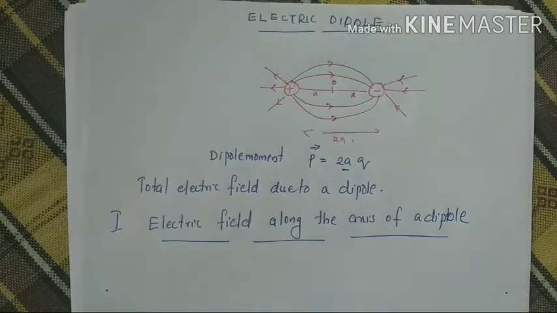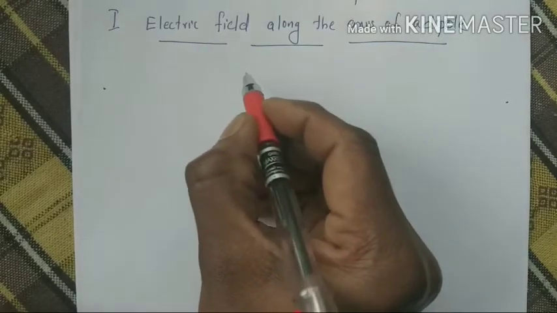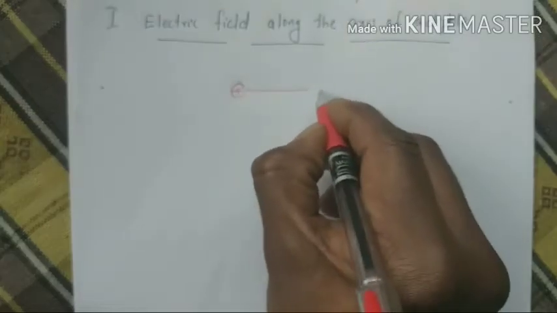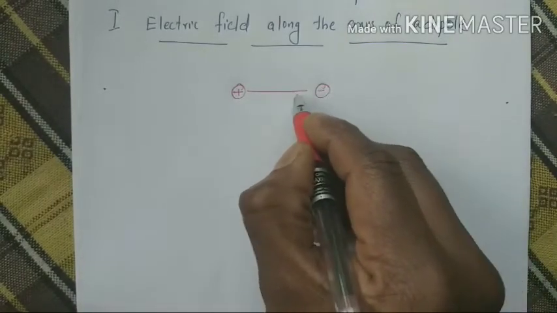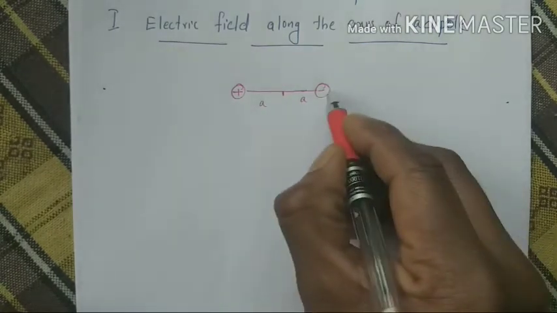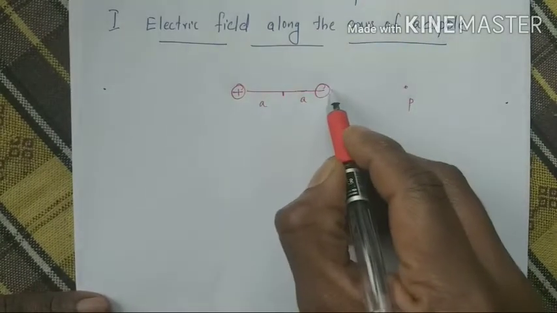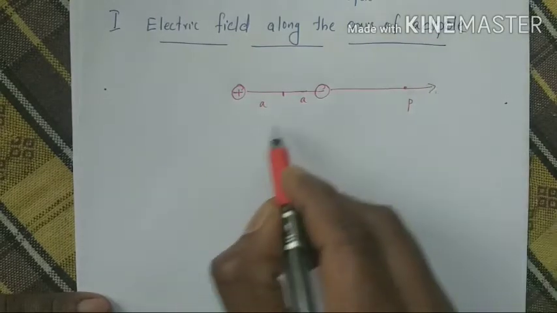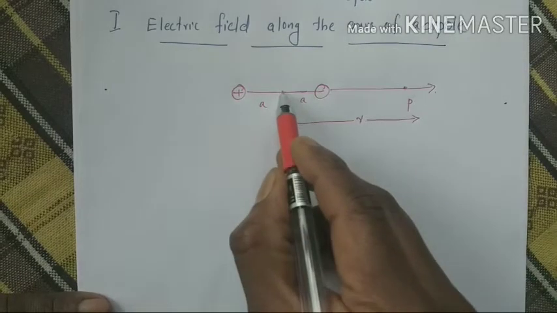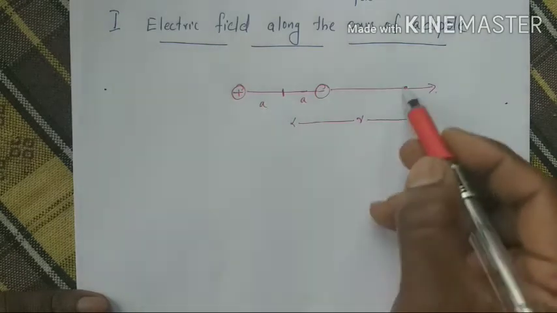Okay, we will go directly to derive the electric field. I will have to draw the diagram once again. Let us consider the same system. One is a positive charge and another is a negative charge separated by a small distance. a is half the distance, the total distance is 2a, and there is another point P along its axis where we want to find the total electric field, since the derivation is for the total electric field along its axial component. And let us consider small r is the distance from the center of the dipole to the point P where we want to find the total electric field.